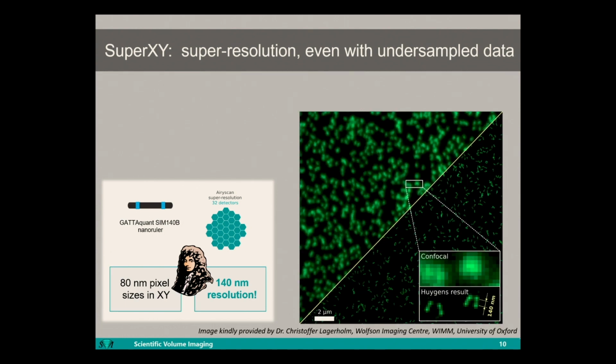These images have been acquired under undersampled conditions with pixel sizes of 80 nanometers in X and Y. So 2 pixels would cover 160 nanometers, which would be too big for this 140 nanometer nanoruler. In the confocal version of this dataset, you see the sum of all detectors. The nanorulers cannot be recognized, but with Huygens SuperXY deconvolution, we can easily resolve the 140 nanometer spacing between the